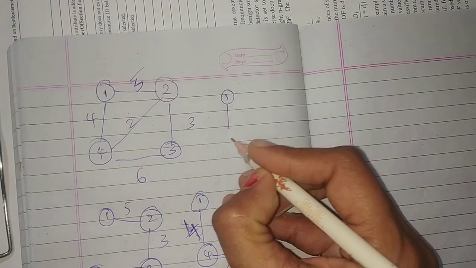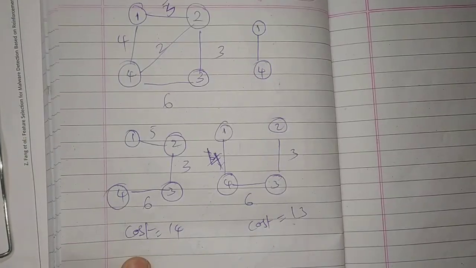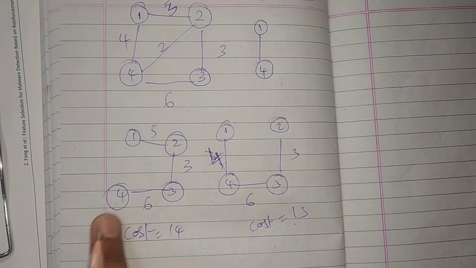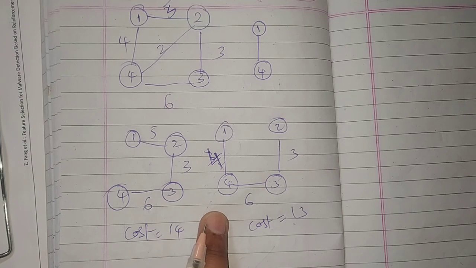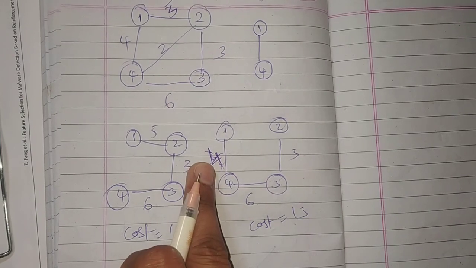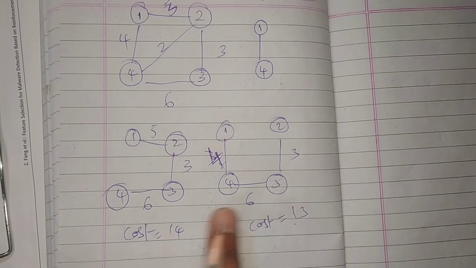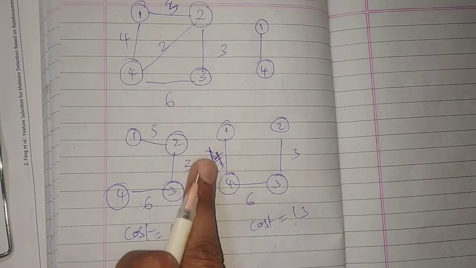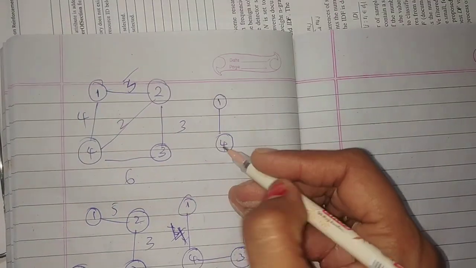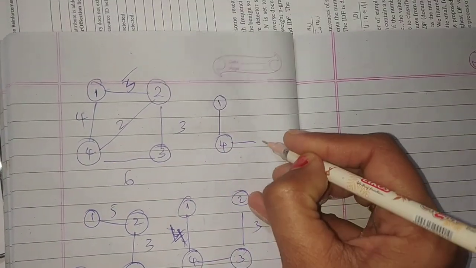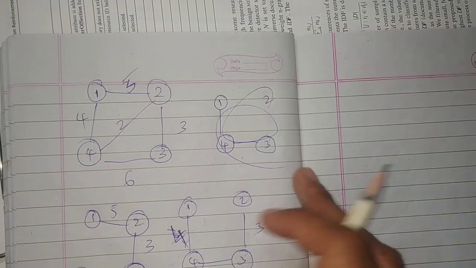So for the total cost of the graph, how do you calculate that? You add the edge costs. Understand? So total edges, addition. So it's 4 plus 6 plus 3. So you will get the total cost. So 4, 3, 2. You can take any other. So this is also completed, right?